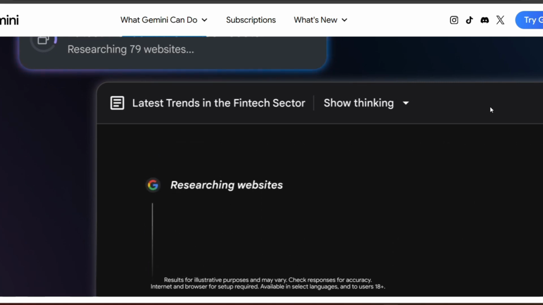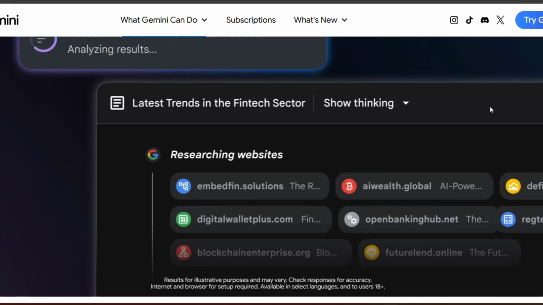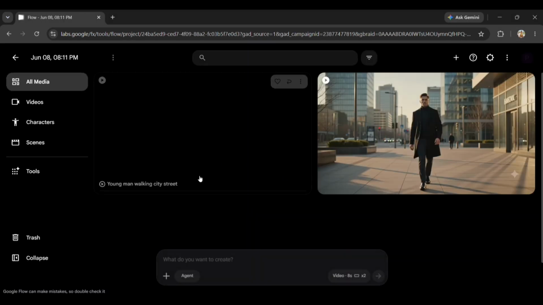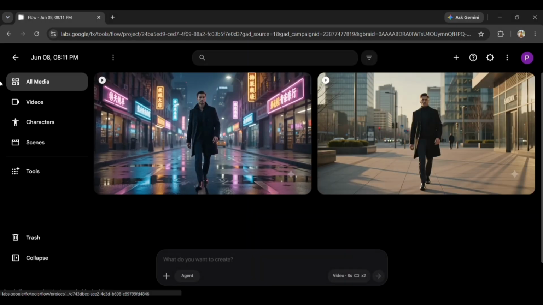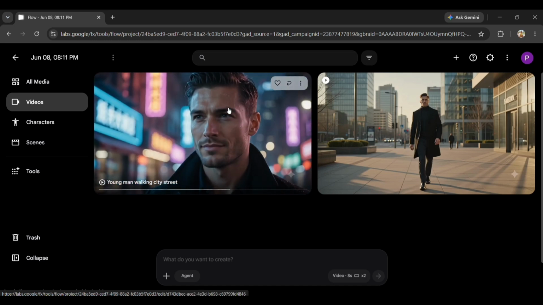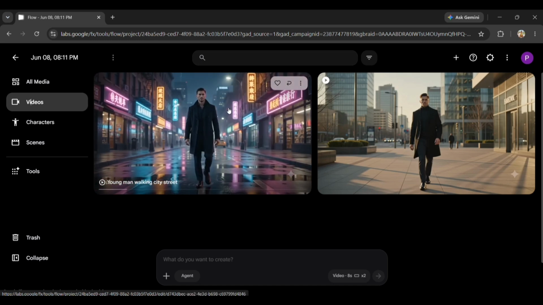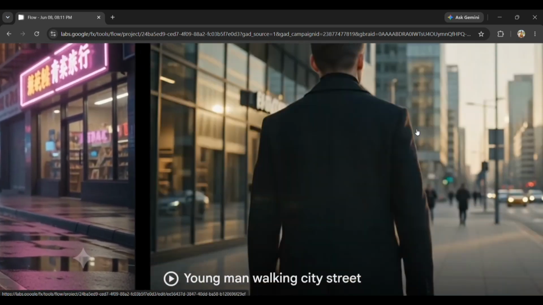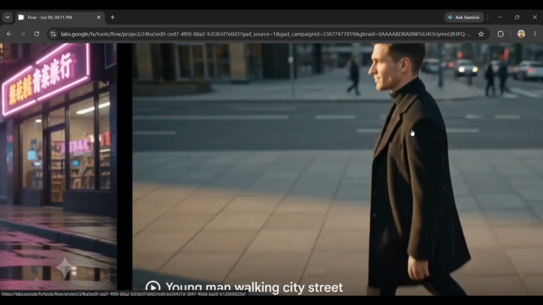If you're running ads, you already know that most ad creatives fail. The hard part isn't making one ad. The hard part is testing dozens of variations until something works. That's where Google Omni starts becoming interesting. You can quickly experiment with different hooks, different angles, different styles, and different audiences without spending thousands upfront.